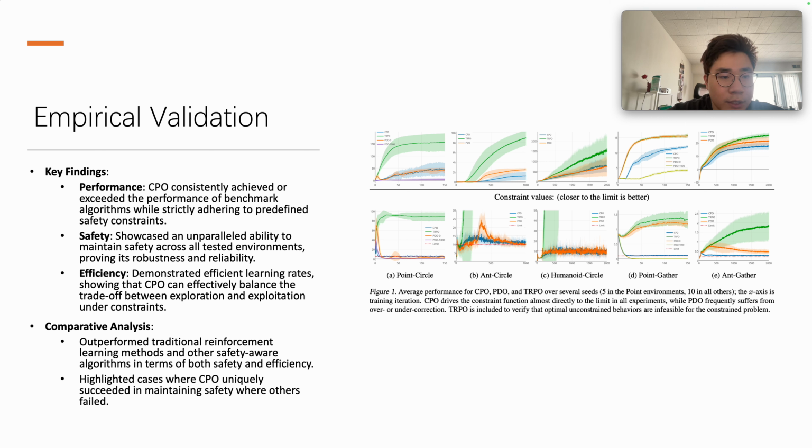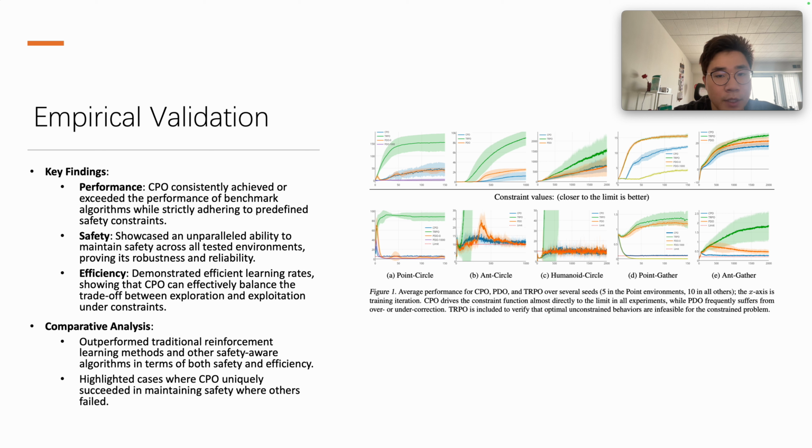So there are 3 different key findings when we see the results from the CPO in comparing with other different approaches. CPO consistently achieved or exceeded the performance of benchmark algorithms while strictly adhering to predefined safety constraints. And also, it showcased an unparalleled ability to maintain safety across all testing environments. And also, it is very efficient because it demonstrates that it can effectively balance the trade-off between exploration and exploitation